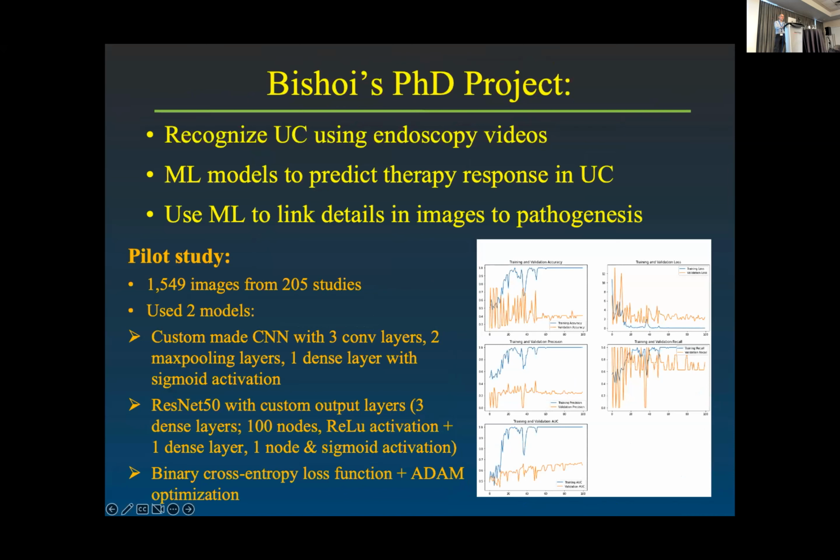What we're hoping to do is three things. First of all, as a proof of concept, show that the machine is able to do what I'm able to do, and that's identify the disease. And we're going to do this with videos, which will provide us with a much larger amount of information than just the images, of course. We hope to then use those data to predict therapy response. And again, it's nice to have the two projects linked, but we're using very different data to do that. And then the third point is what I hinted to before, to try and link the details in the images to possible pathways and pathogenesis that we just don't have the ability to do.